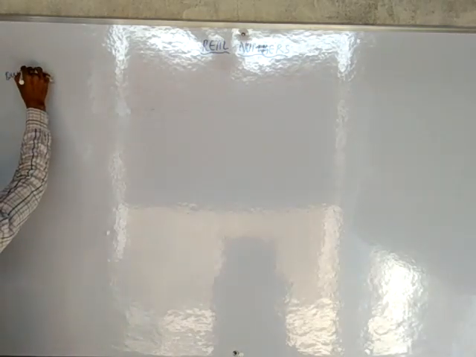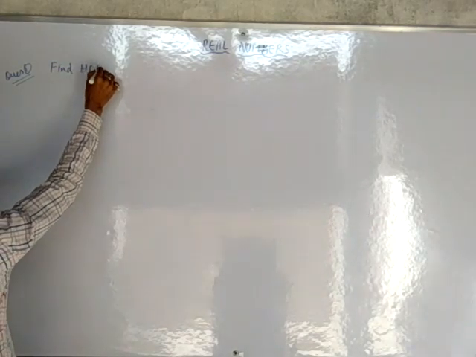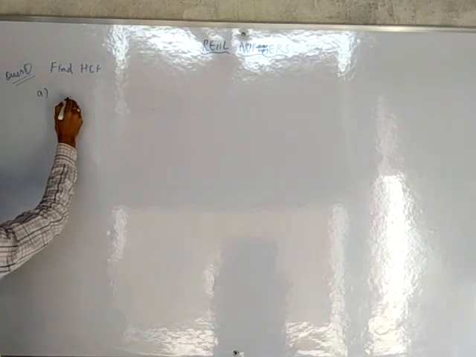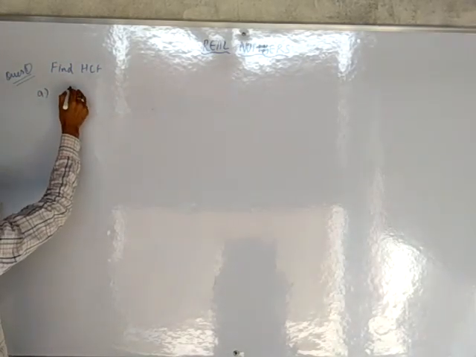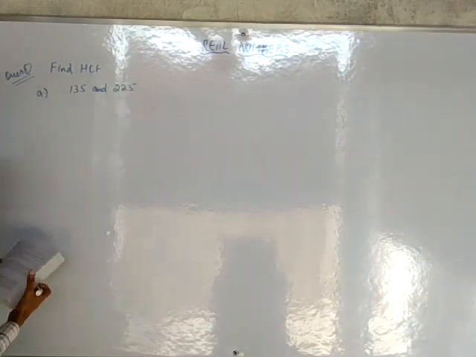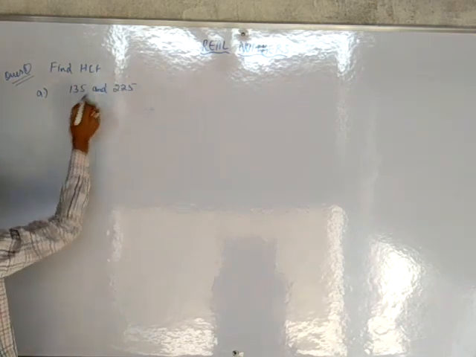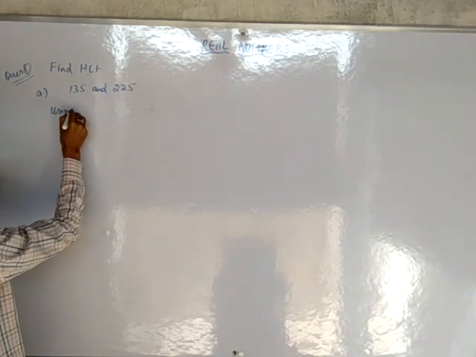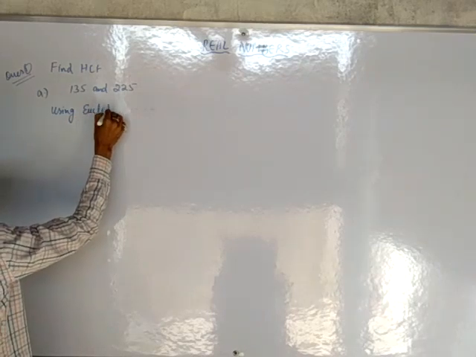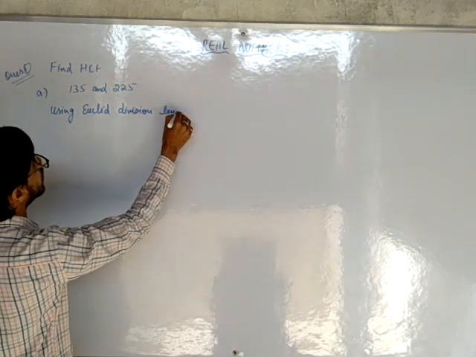Question number 1. It says use Euclid's division algorithm to find the HCF. Find the HCF of the part given: 135 and 225. Using Euclid's division lemma,